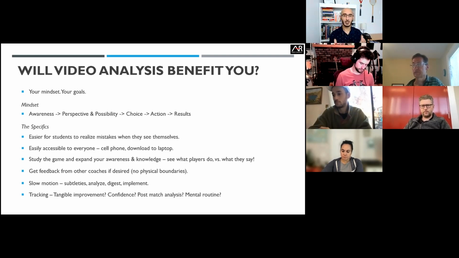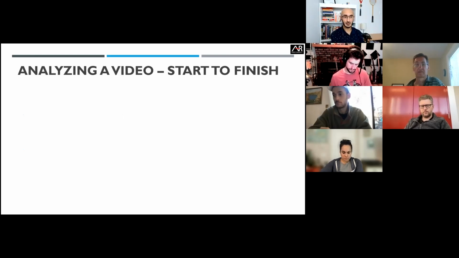Now, there's obviously going to be some element of luck that you record the match where you play really, really well, unless you're recording every single match, which is possible too, for sure. But from a visualization perspective, you can really see and feel and go back and live in that moment again so that you can experience it and then replicate that performance, or get closer to replicating that performance. So that's another benefit, in my opinion, of video analysis.